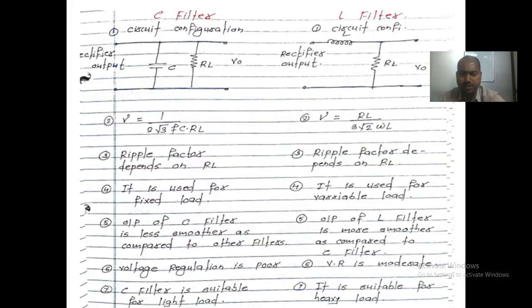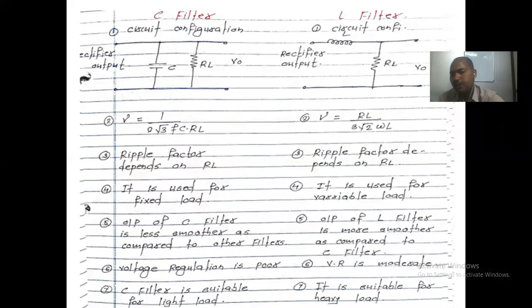Then, the output of the C filter is less smooth as compared to the other filter. In case of the capacitor type of filter, it only passes the AC component over it, but this device is also not perfect. So whatever component comes across your output is not pure DC, it has more noise. That's why the output is less smooth, meaning it is not near pure DC, it contains more noise. In case of the L type of filter, the output is smoother as compared to the C filter.